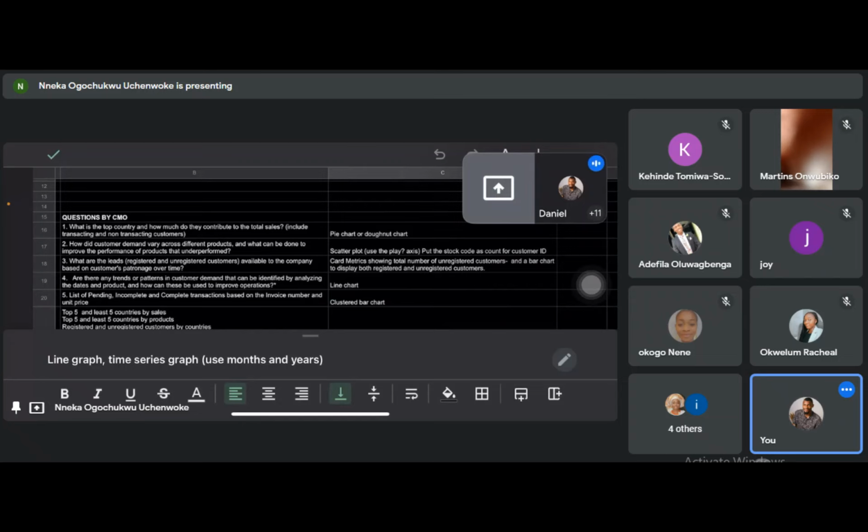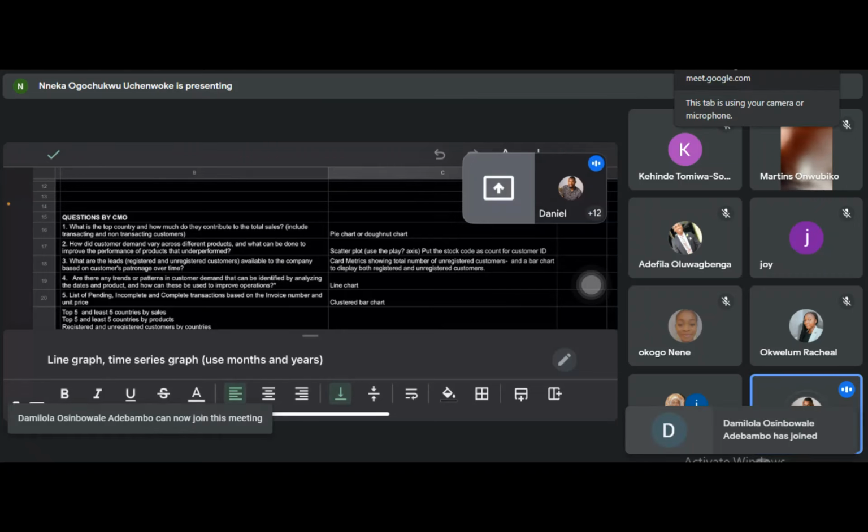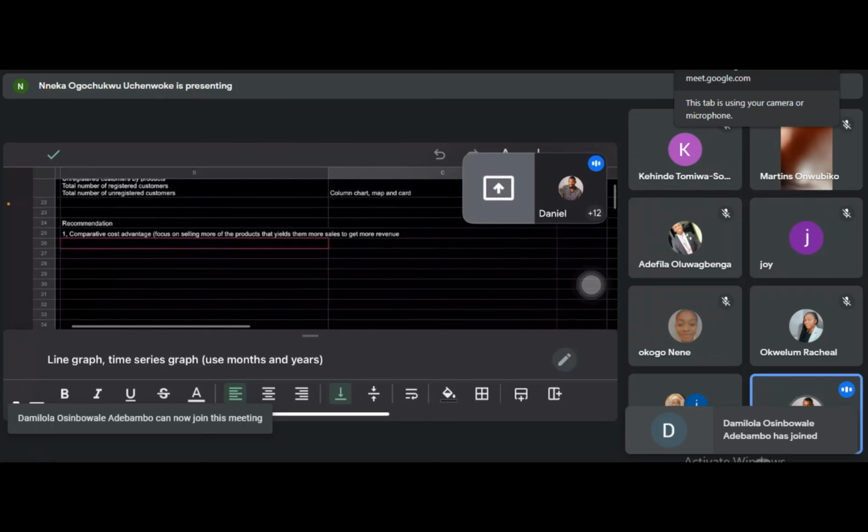you might want to check if you can find out unique stock code. Because I think if you do unique stock code, the number of products might reduce a little. Maybe some products are repeating themselves. We don't know, I've not actually checked the data yet. So you might want to do unique stock code to find out if you can reduce the products a little. If it's down, then you can bring in